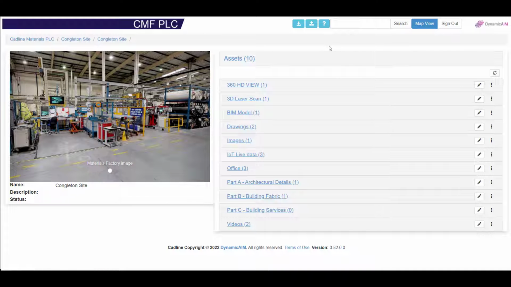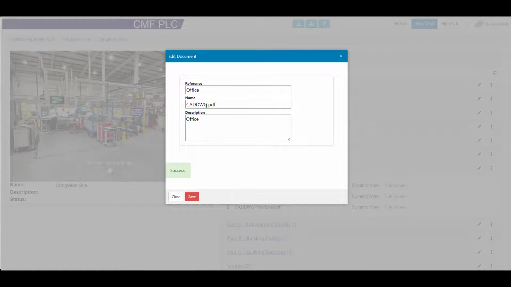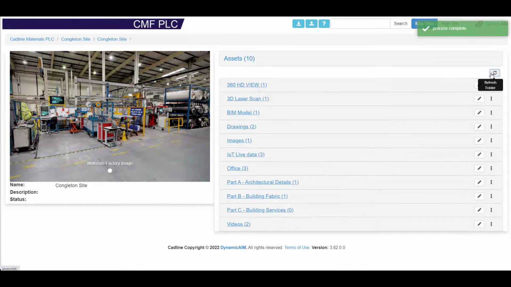At building level, you can view all models, documents and files. By opening a folder, e.g. the Office, we can use the Edit Document button to update a file. In the Edit Document window, we'll update the name for this chosen file. Once we've changed the name, we'll then press Save to commit the changes. If we press the Refresh Folder button and then view the same file, we can see the details have been